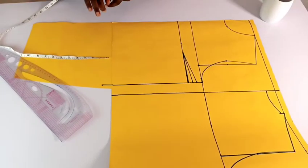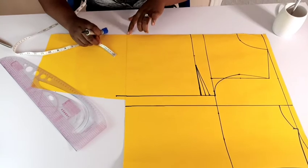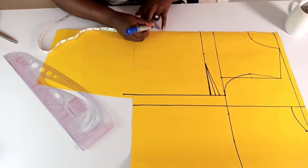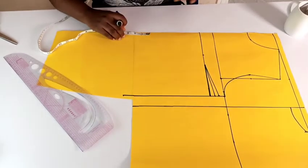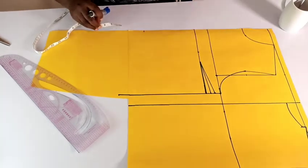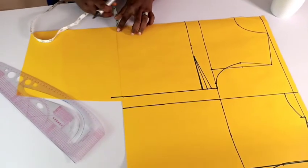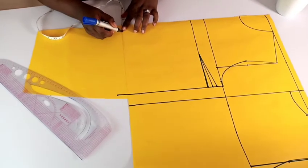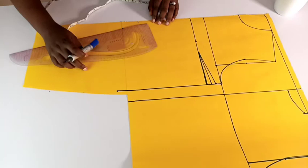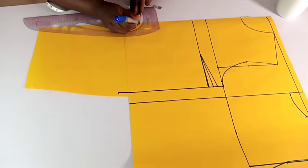Now on this point I'm going to go up, that's from the 20-inch point, I'm going to go up by 2 inches, depending if the client wants their body, their tummy region revealed or not. That's what determines what you do here. Then I'm going to go in from here by 1 inch, that's from the 20 inches length. Then I'm going to be using my French curve to connect those points,